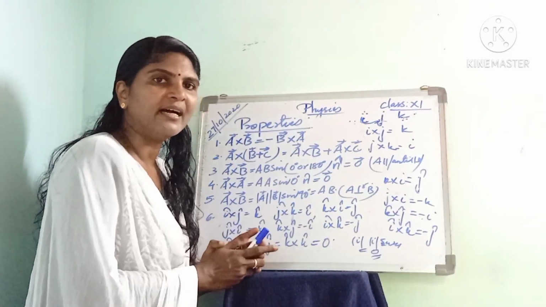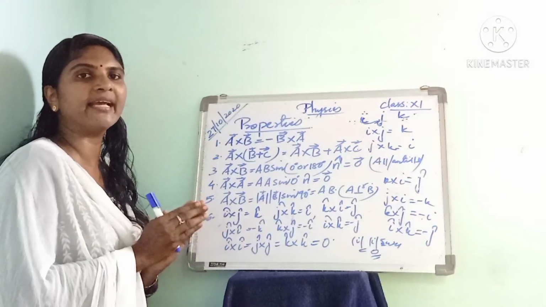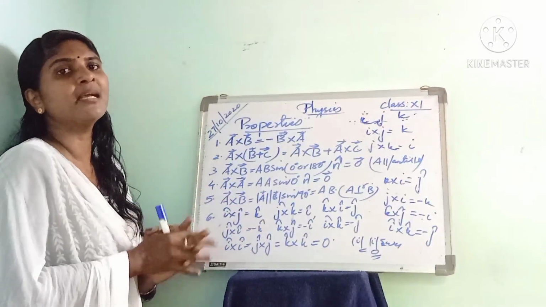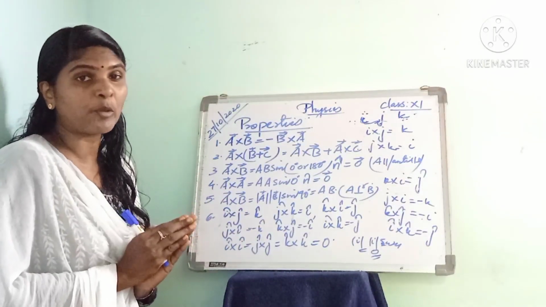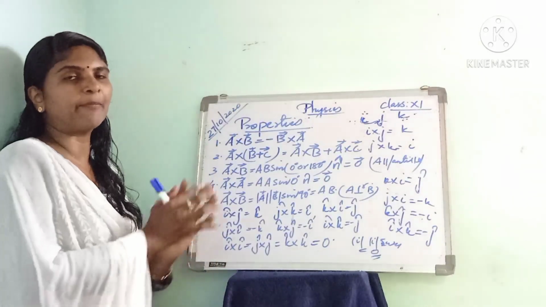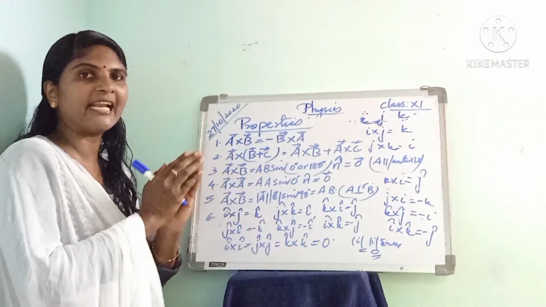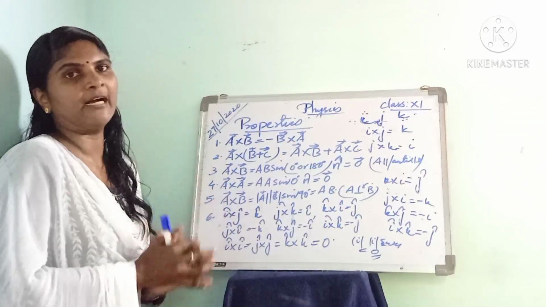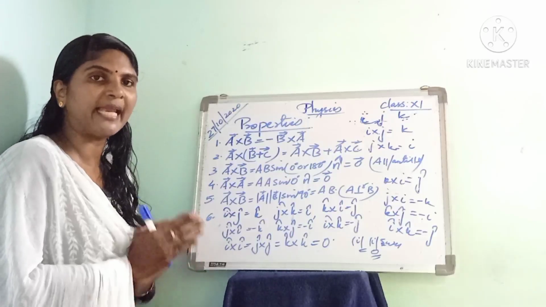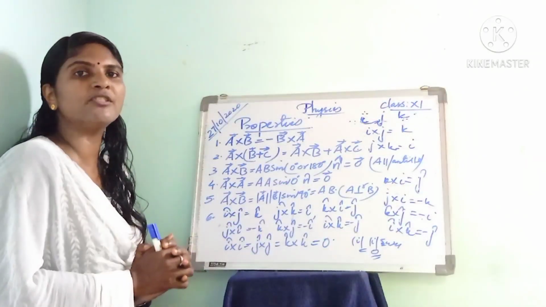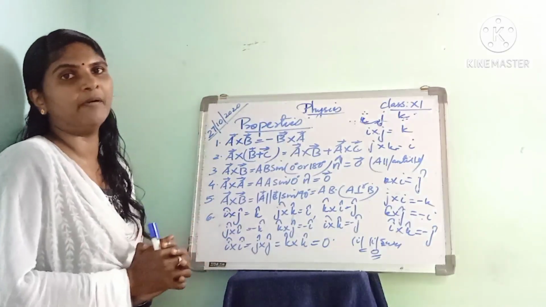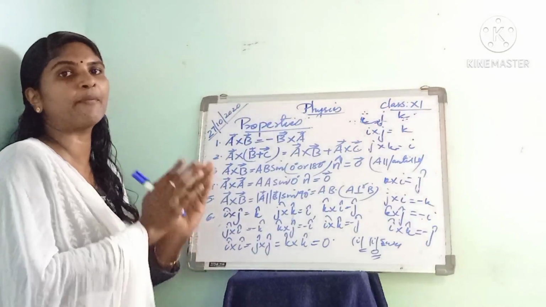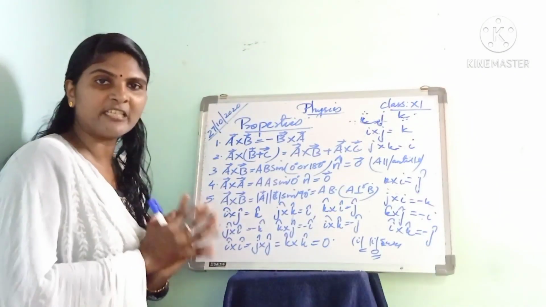That is about the multiplication of two vectors, or how we can take the product of two vectors. So we have learned two different methods: scalar product and vector product. Suppose we have two vectors a and b, then the scalar product is represented as a dot b, equal to ab cos theta. Then the vector product is represented by a cross b, equal to ab sin theta n cap. Also we learned examples and properties of scalar and vector products.